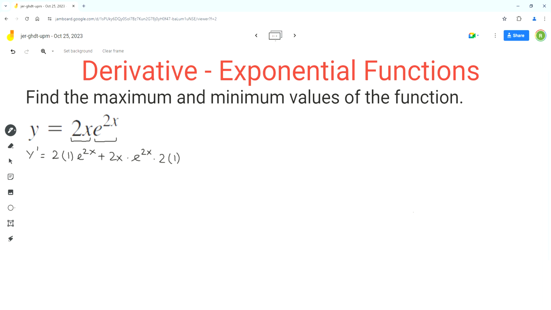Now we can simplify this expression. So 2 times 1 is 2, so we multiply 2 by the e term, plus, now 2 times 1 is 2, so we can multiply the two 2's, so we get, now we can factor this expression, so we can do common factoring. We can factor out 2 and e to the power 2x. So we are left with,